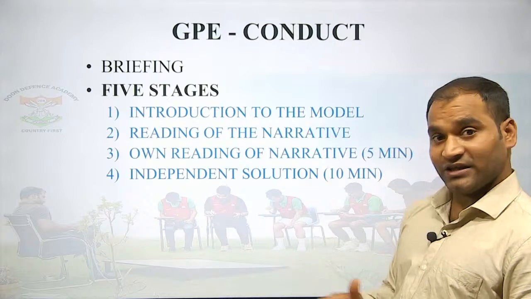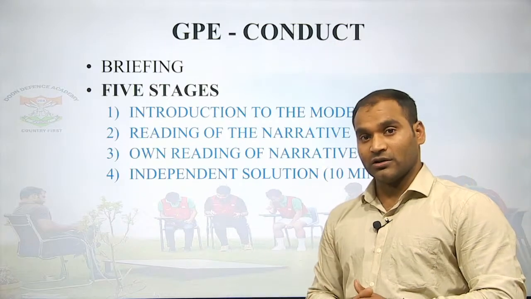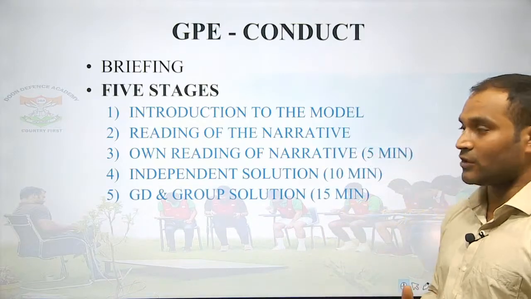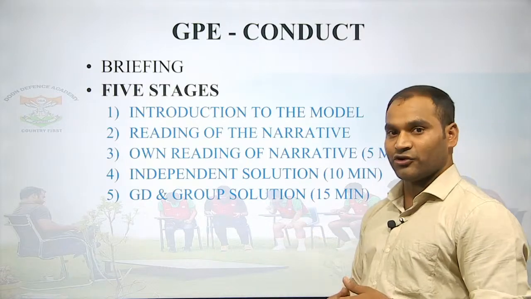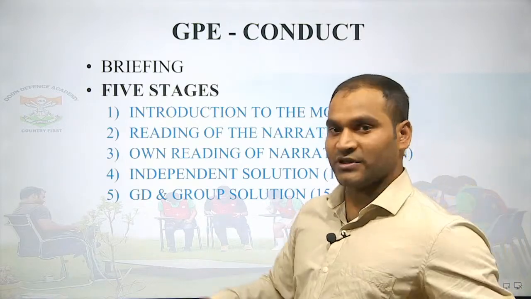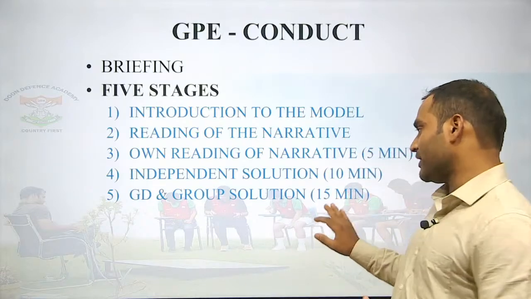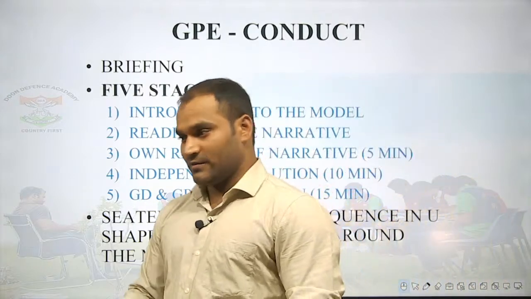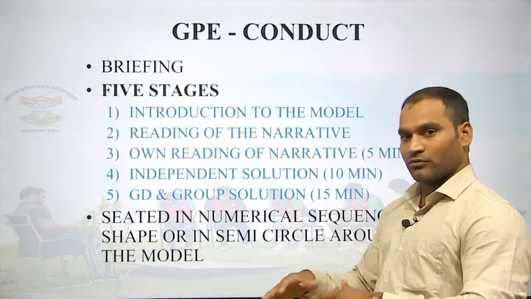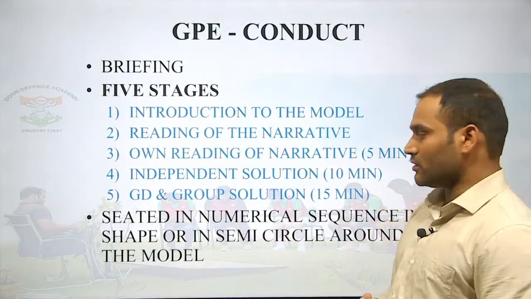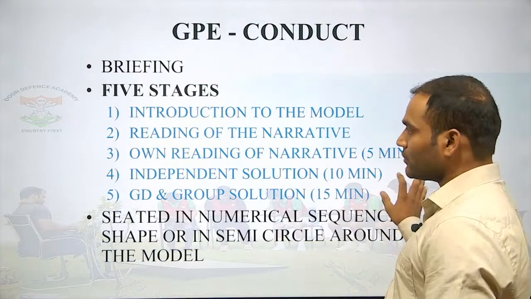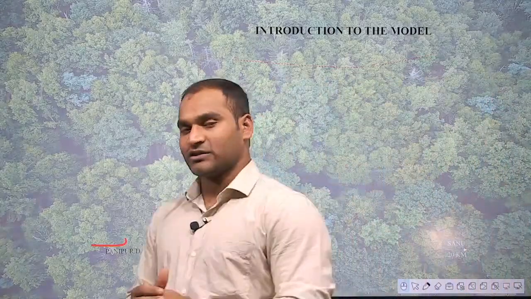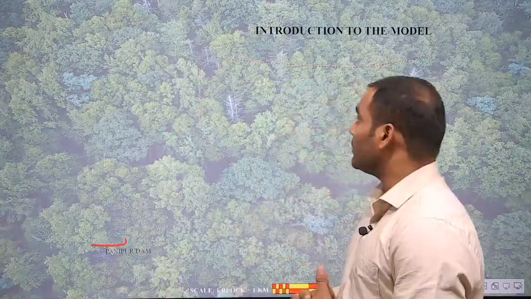Once you have written the entire plan, the plan is submitted to the GTO, and after that you have a nice discussion. Once you have the discussion and you come up with the common plan, then you give that plan to the GTO by nominating any person from your group, and the person should be confident enough. So, you are all seated in the same sitting pattern like in group discussion, but there will be the map. It may be an arc arrangement or maybe semicircle or circle. Listen, we are going to proceed to the first part of it, that is introduction to the model.